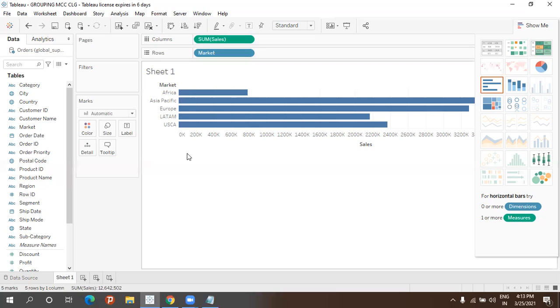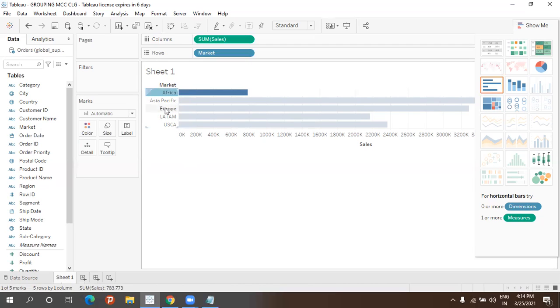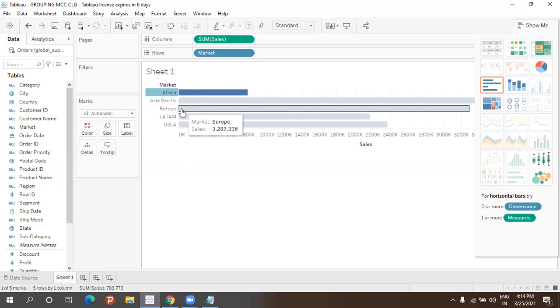Okay. So now what I want to do is compare Africa and Asia Pacific together. I want to make them one group and compare that with Europe. For that, let me select Africa and Asia Pacific. What is the shortcut key or common method to select multiple items?